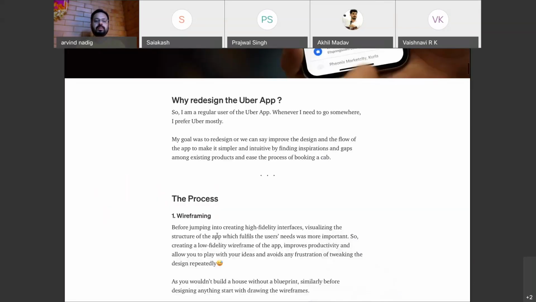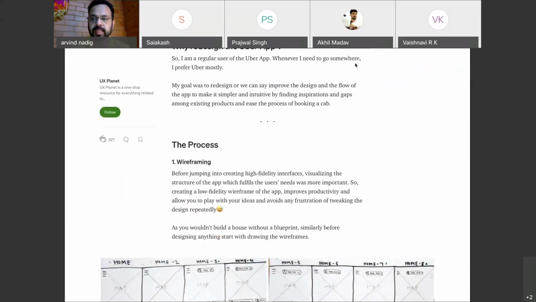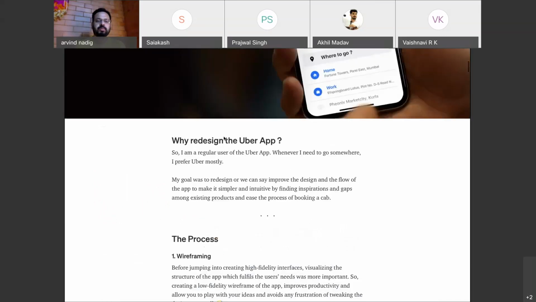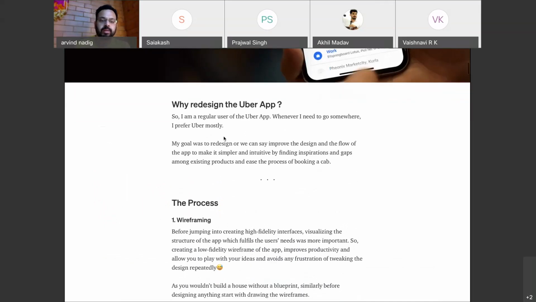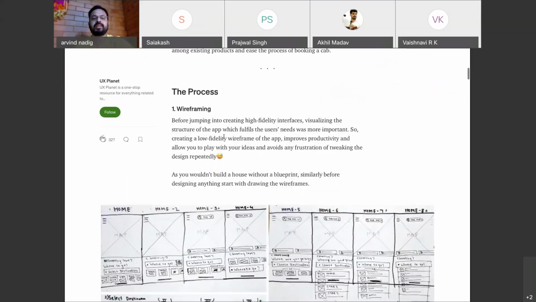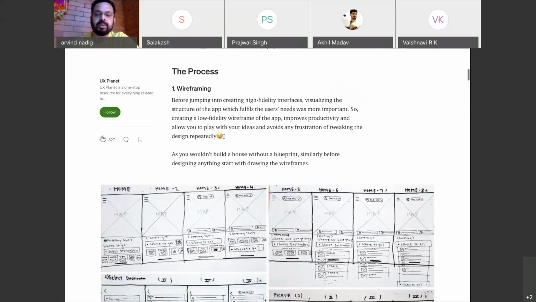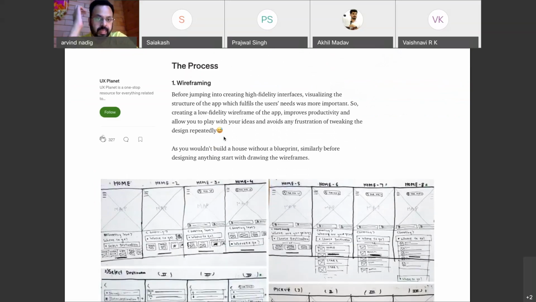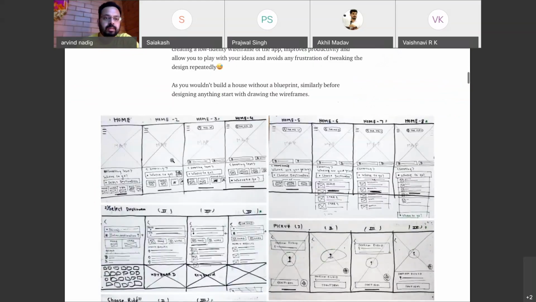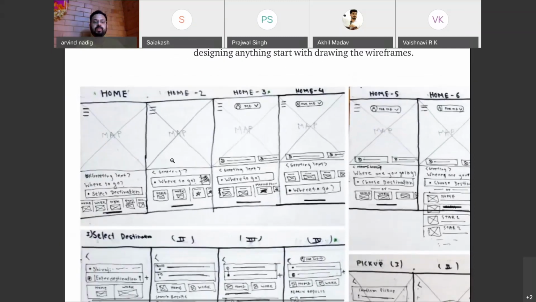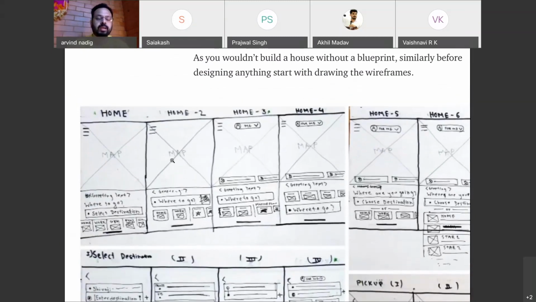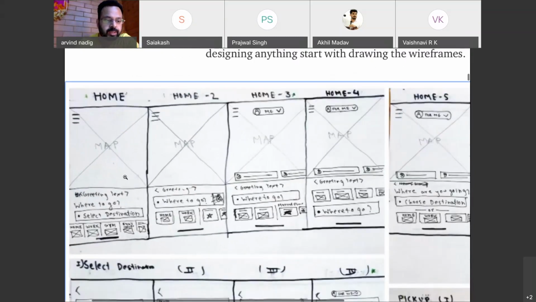So here, I just pulled out a small thing that I was referring to before starting this session. Somebody has gone out and redesigned the Uber wireframe, but it's something that you can also do for your projects. Essentially, they have gone about it with every screen, every step. Did you notice, they have taken one feature and drawn this, very crudely, on a piece of paper. I strongly recommend that you do this for your projects as a wireframe, because doing this,